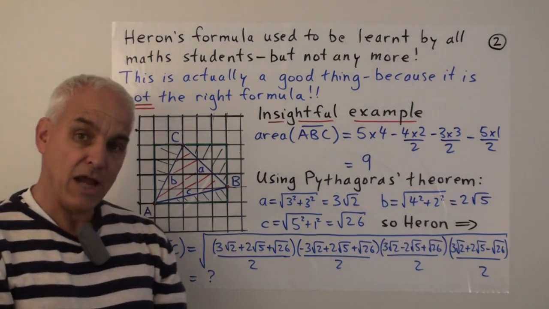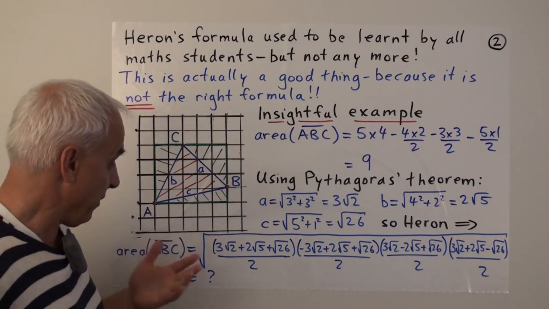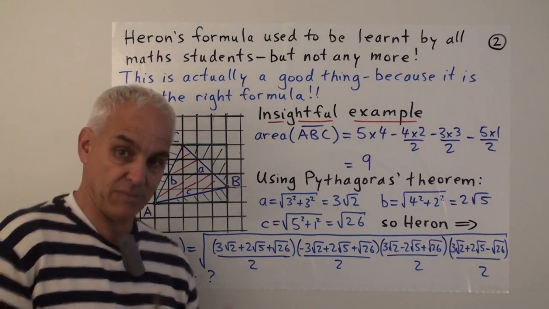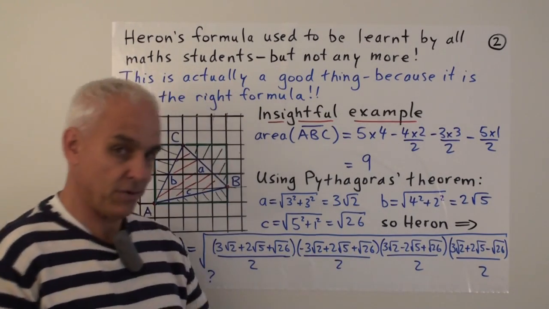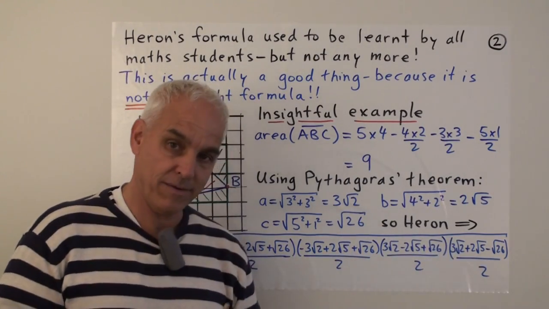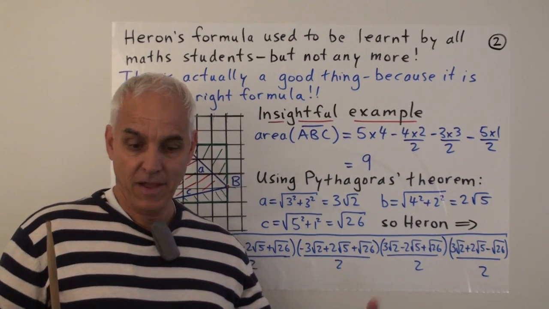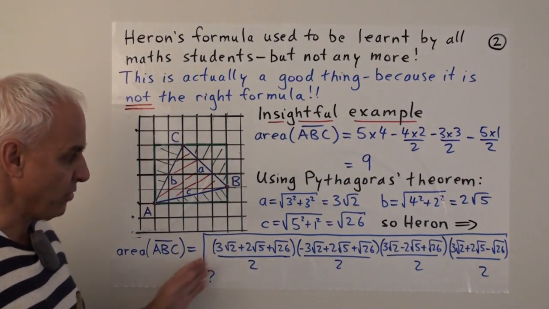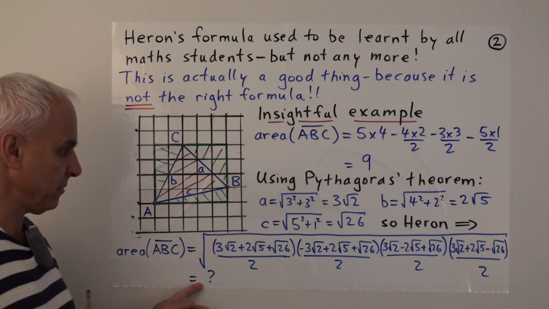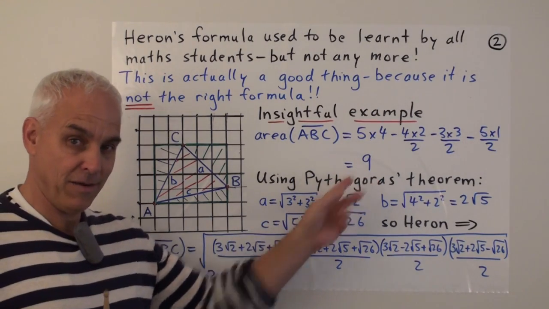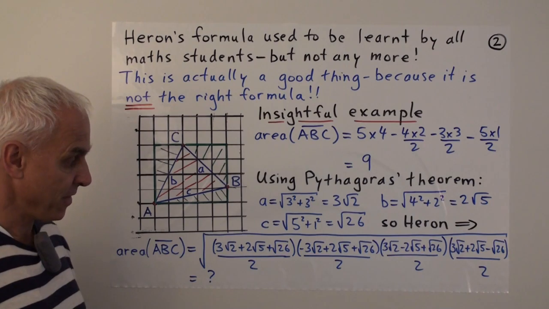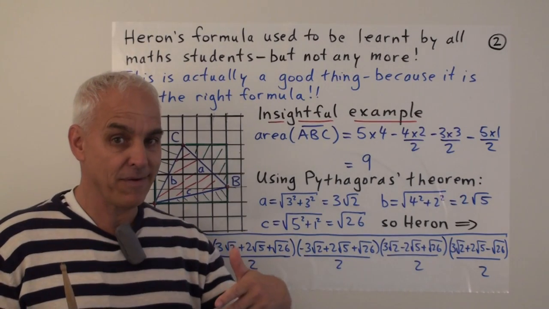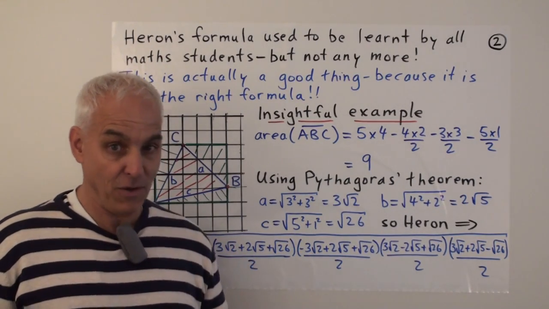Now that's a rather onerous calculation, because naively we would say, well, we need to get out our calculator and calculate this quantity, which our calculator only does approximately, and then this quantity, which it only does approximately, and similarly this one and this one. And we have to multiply them all together. And then we have another square root to invoke. Supposedly after we do all of this, we should get 9, but do we? If you actually do it with your calculator, my guess is you're not going to get 9.